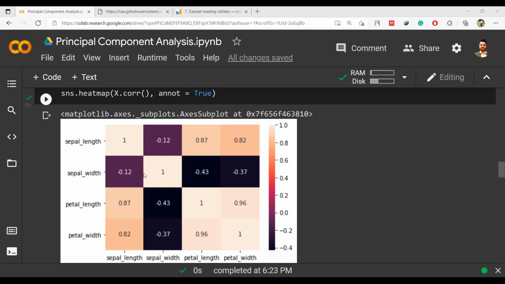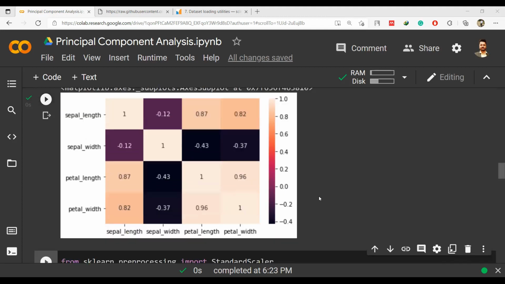Once it is clear from the correlation map that PCA can be applied because there is high correlation between some features, we can remove the duplicacy, because there is a kind of duplicacy when two features are nearly the same. They have 90%, 96% similarity, maybe 87% similarity. So there is very high correlation and very high duplicacy between them. So we have to reduce them.